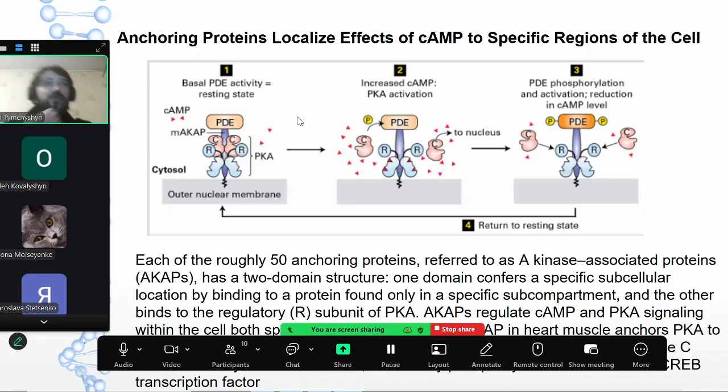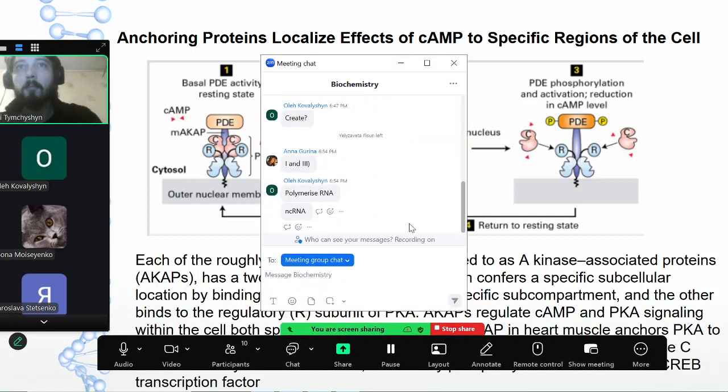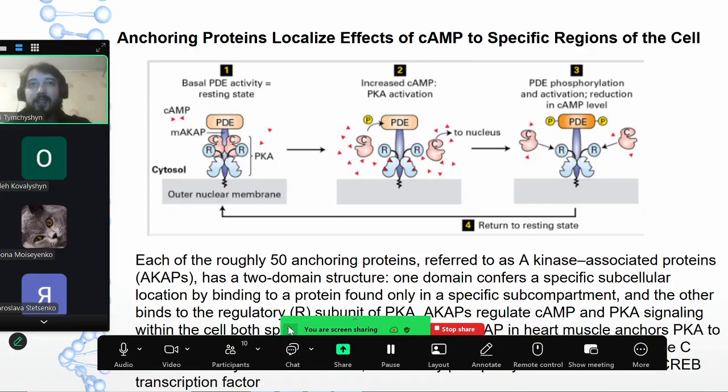Yes, a tricky question for you. I guess you should already pass that. RNA polymerase 2. What are the other RNA polymerases you know? What do they do? 1 and 3. Yes. Yes, good. Good. Okay, so